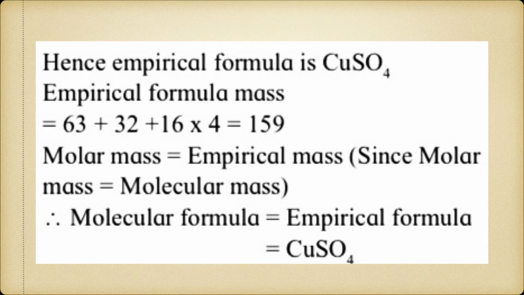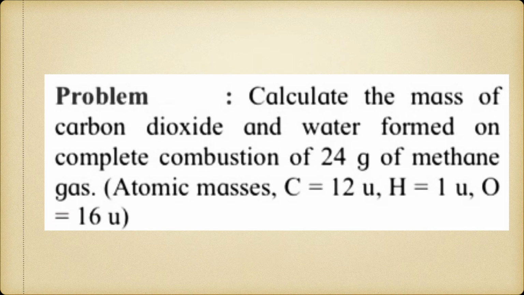Okay, so now we'll go to the next problem. It is based on stoichiometric calculation. So now we'll see some problems based on stoichiometric calculation. Over here, always remember the first step is to write down the balanced chemical reaction. Once the balanced chemical reaction is written, you have to find out the number of moles and the relative masses or volumes.